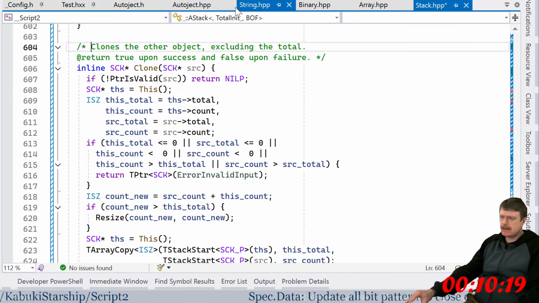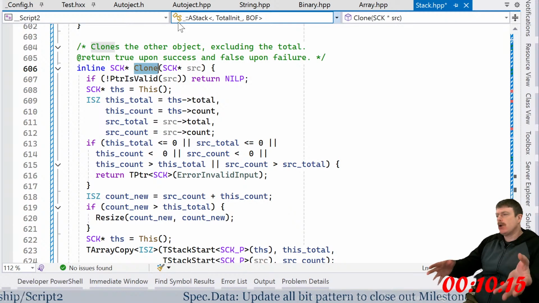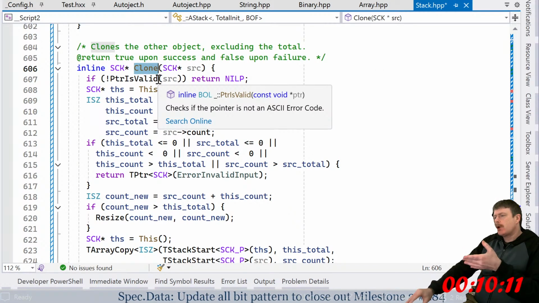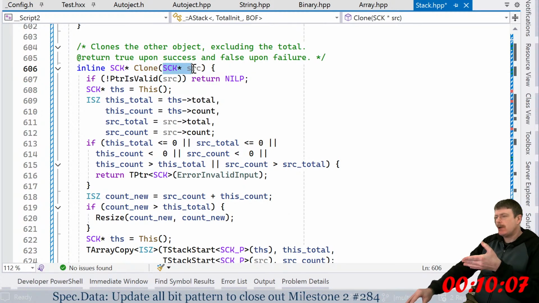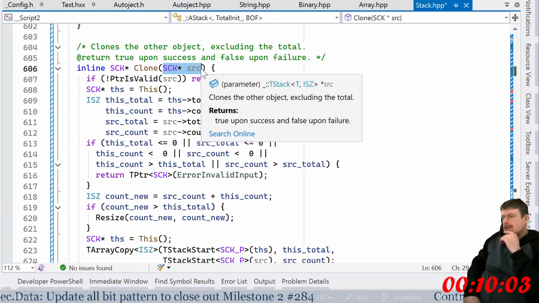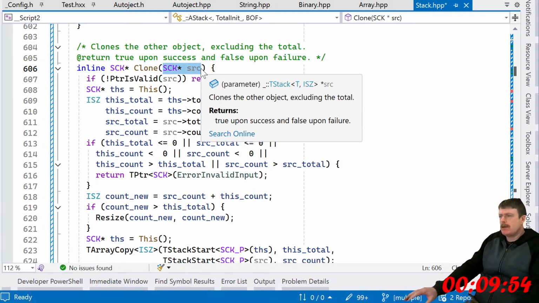Because this is where the nomenclature is really confusing. So when I pass in a pointer to a stack to clone, what is the difference between copying the stack and cloning the stack? Wouldn't it be including because I'm cloning? So it would be